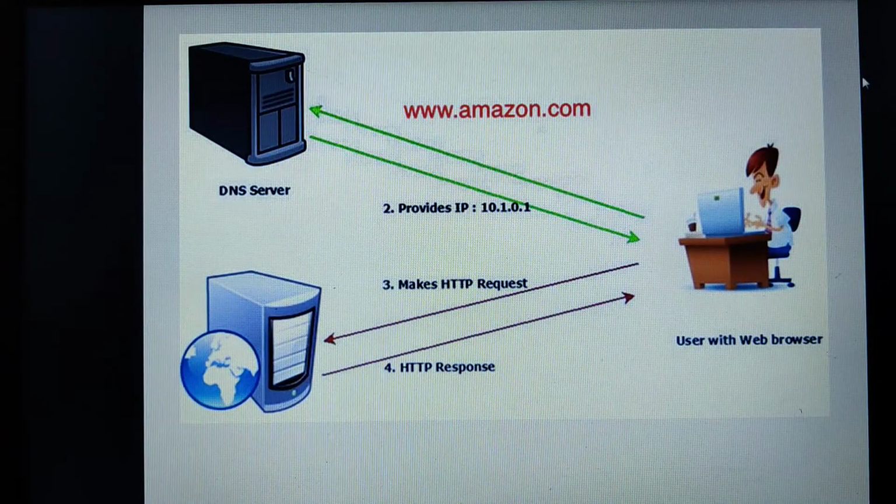Look at this particular example here. This is a user who wants to open the website www.amazon.com. When he enters it into the URL, his request will first go to the DNS server. The DNS server will translate this domain name to the IP address, and that IP address will reach your system. Then the request will go to the particular server, the Amazon.com server, and whatever you are requesting on the Amazon website will be given as a response back to your computer system.